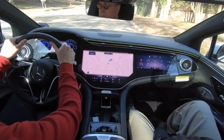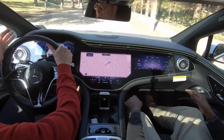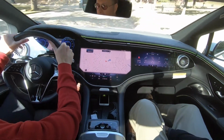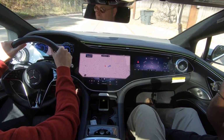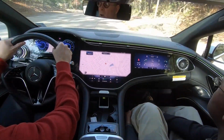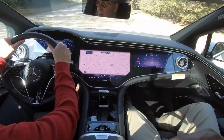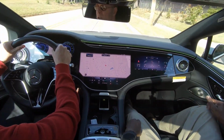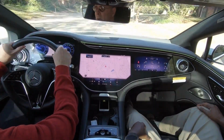So what is my ultimate verdict here? This is a fun vehicle to drive. It has great technology that is not hard to learn and use. So if you're somebody who has never had a vehicle like this before and you're thinking, wow, that's a lot to step into because I've never had that kind of technology, don't worry about it. It's not hard to use. In fact, one thing we didn't show that is within the infotainment screen, you have the owner's manual and it has animated tutorials to show you how to use pretty much every facet of your vehicle,